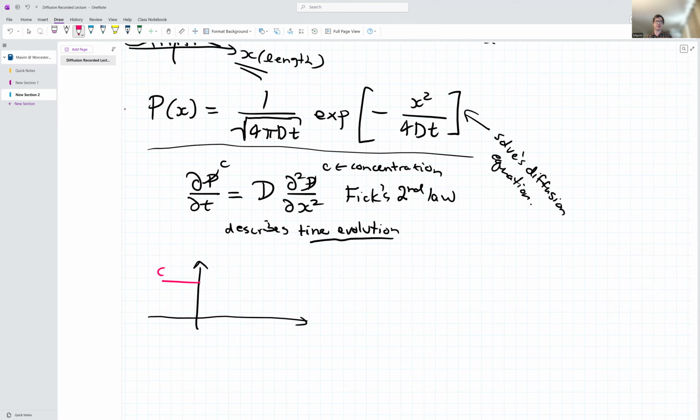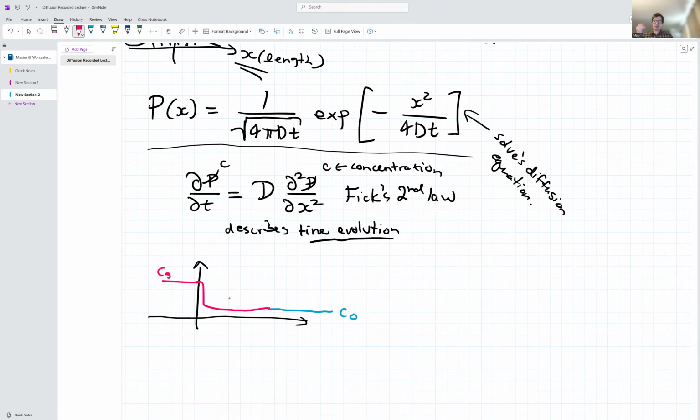Say you have some steady state value here, and then you assume that far away from the material, you have some other concentration like C0. And what this describes is how the interface between the two evolves. So if you start with a very sharp transition between the two, how does this evolve in time? It smoothens out in time because